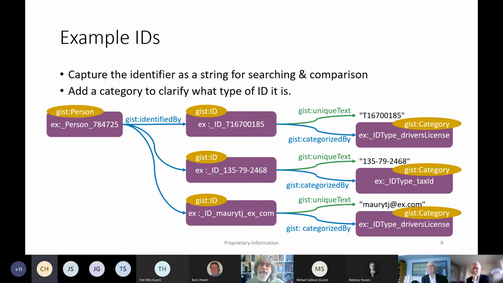So yeah, my quick thought is one temptation when you see unique text. This is something I fell into when I used GIST, right? Is to say, well, there's a more general data type property, which is text, and so this should be a subproperty of text, and that's fine. But then I also want to say, well, here are some more specific types of unique text, like the social security number text or whatever. And then I would put that underneath as a subproperty of just unique text. And then that runs into problems because